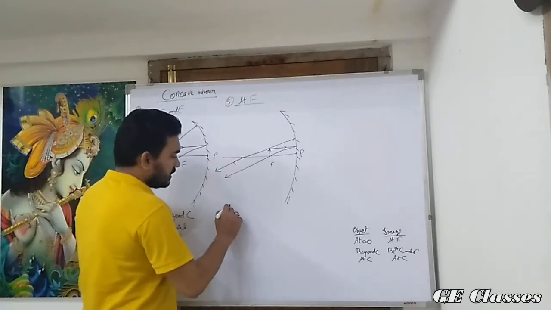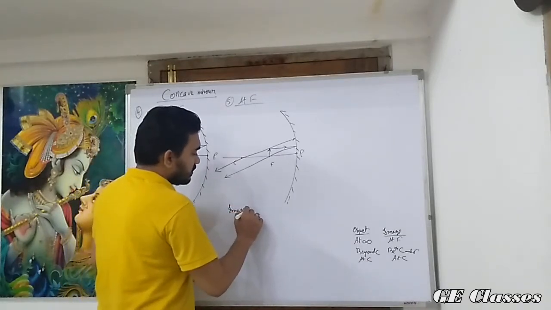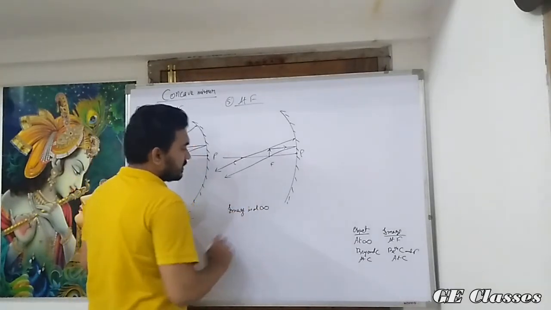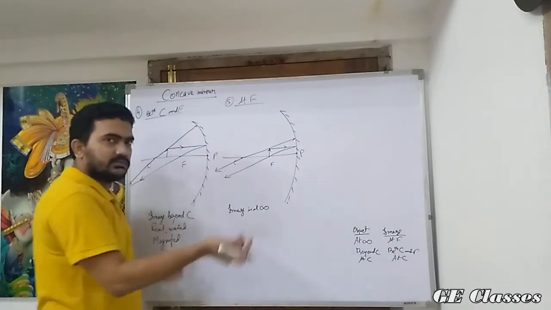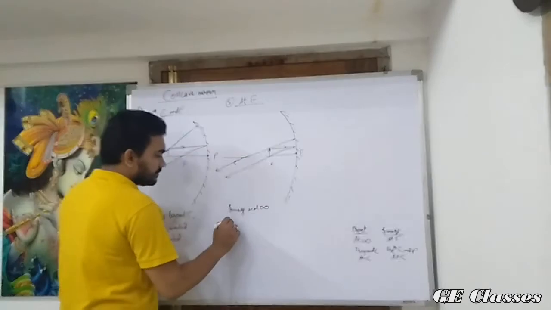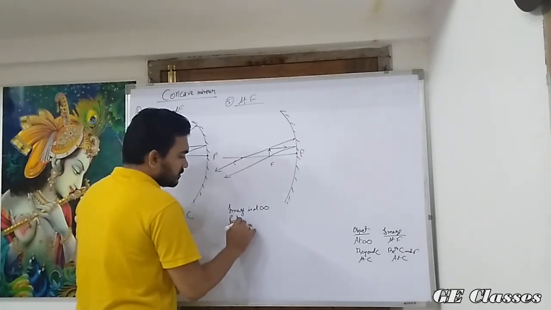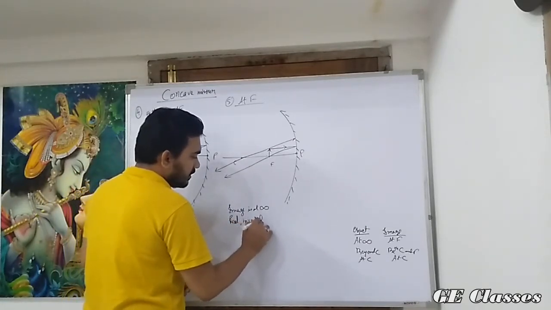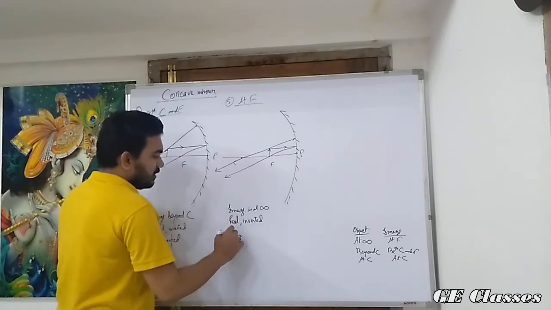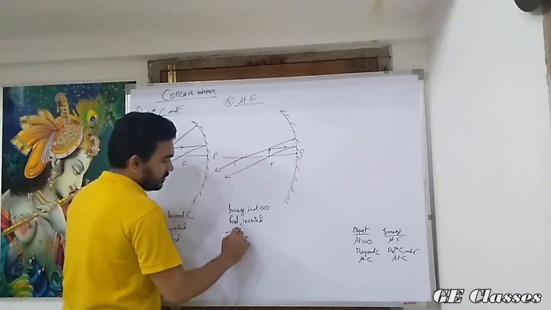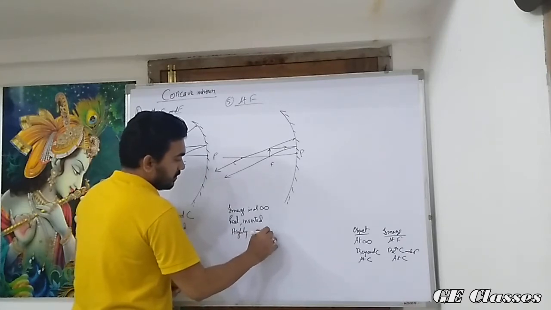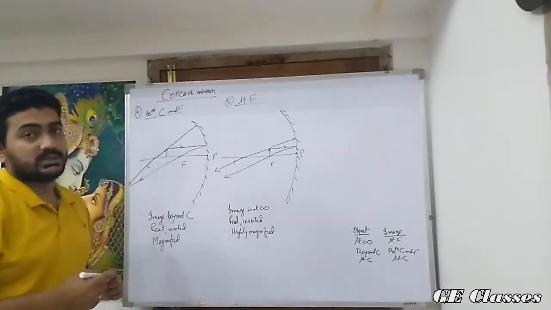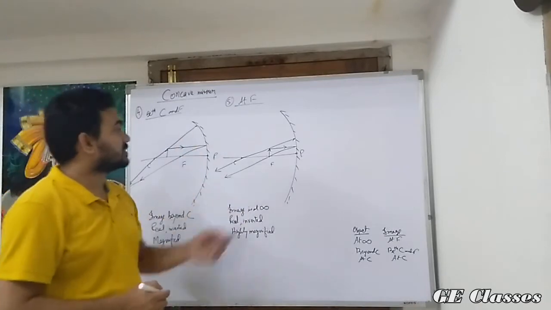So we will write that the image is at infinity. And since it's going to be an inverted image, reals are inverted, inverteds are real. So it's going to be a real, inverted image and highly magnified. Now let us come to the last part,